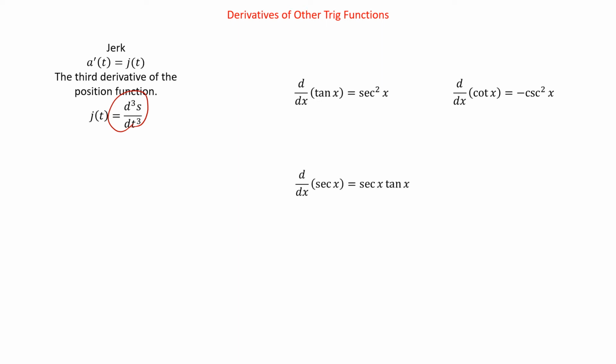Cosecant, or secant x gives you secant x tangent x. If you had to take a guess as to what the derivative of cosecant x is, can you guess based off of the patterns we've seen? Cosecant will be negative cosecant cotangent. So again, if you know secant's derivative is secant tangent, that means cosecant gives you the co to both of those, and also all the cos